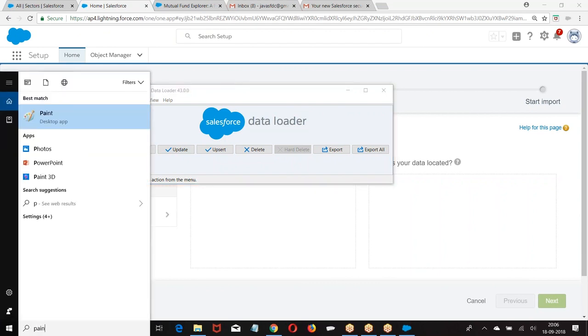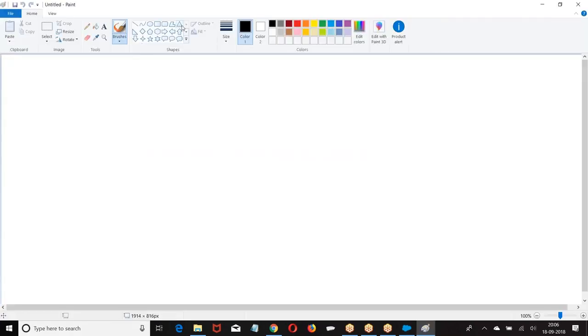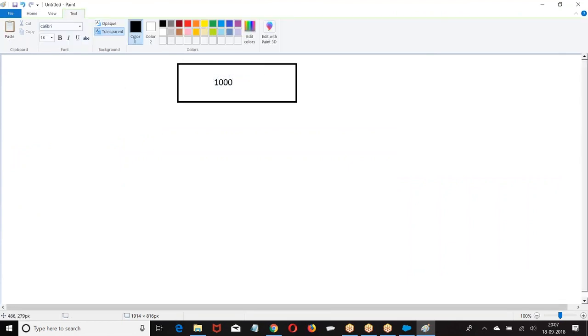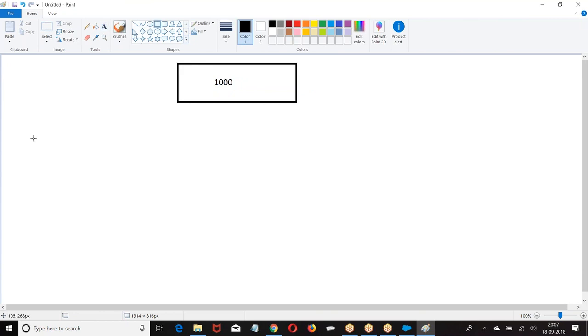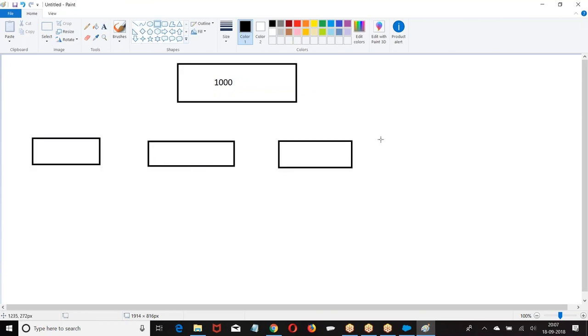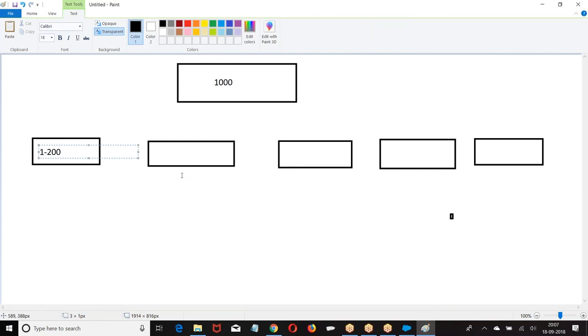Look at this. Now, let us see if I am inserting 1000 records. What it will do, it will break them. Let us say it will divide into a number of batches.